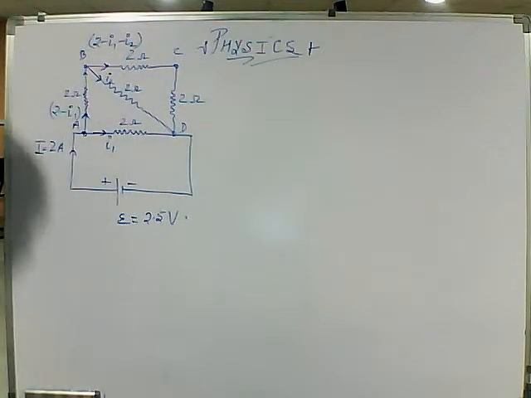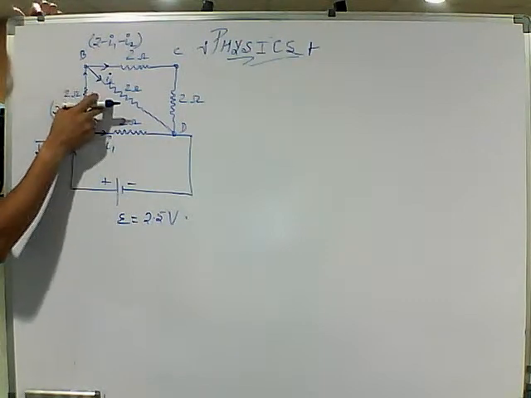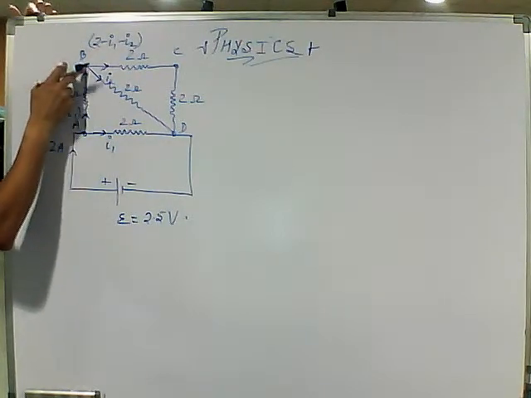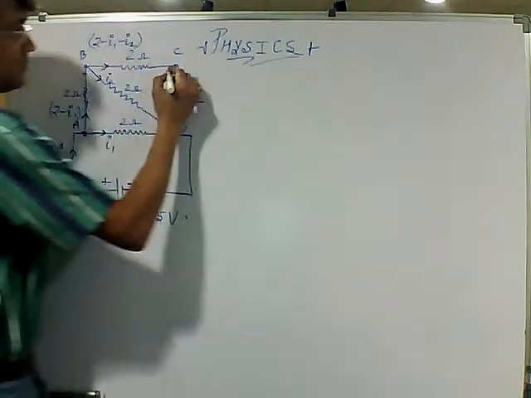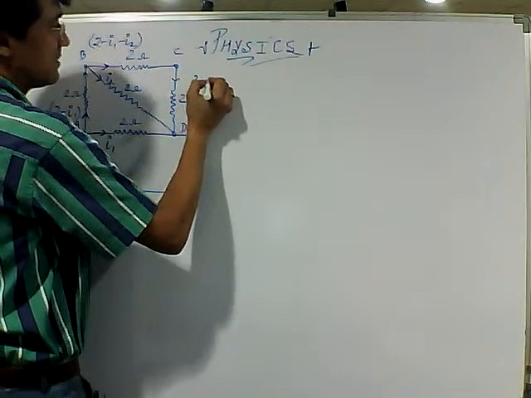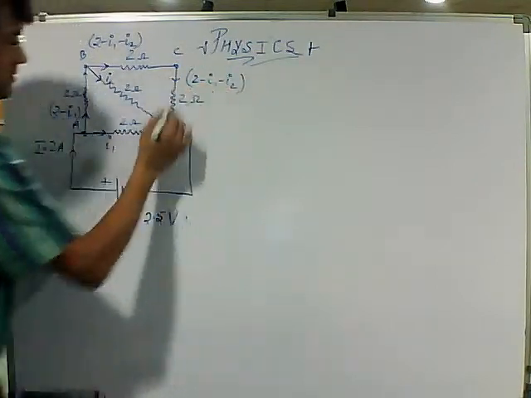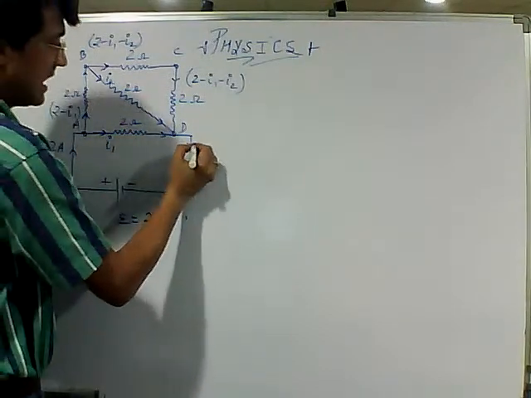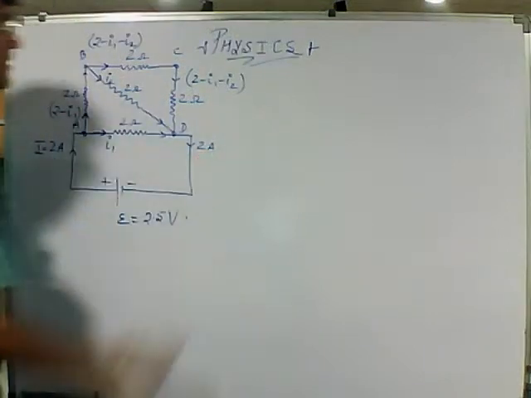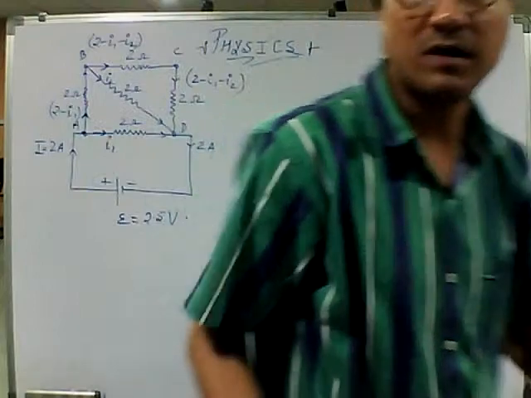Yes? 2 minus I1 comes over here. I2 goes in this direction. So what will be left? 2 minus I1 minus I2 will be going over here. So again over here also it would be 2 minus I1 minus I2. Quite perfect. Same current. I2 will come over here. I1 will come over here. They all will add up again to give 2 ampere. So that means the current directions that we've taken are perfectly alright.